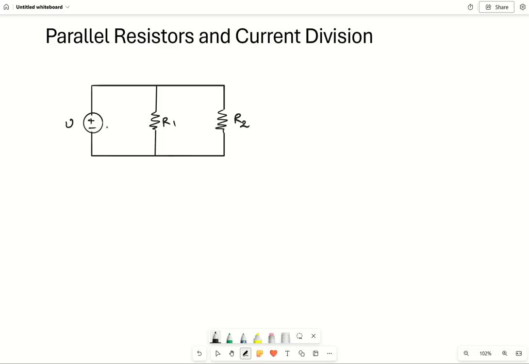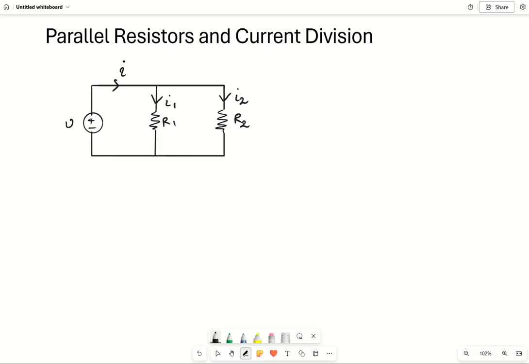So to start with, we have considered a circuit here where we have a voltage source V and two parallel resistors R1 and R2. So here, let us consider this current to be I, the input current which is flowing from the source, and it is getting divided into two currents, suppose I1 and I2. So in such case,